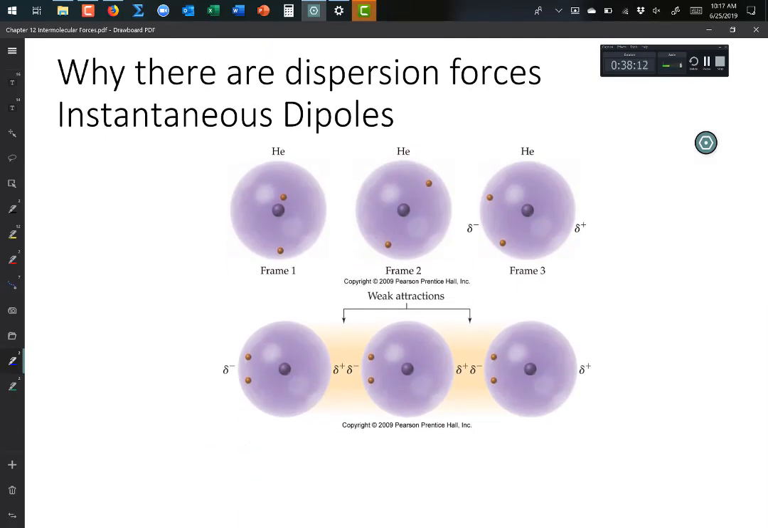So why are there dispersion forces? It's something called the instantaneous dipole. Okay, so let me ask you a question. Helium atoms are charged or neutral? Neutral. Why are they neutral? Because they have 2 protons, helium, and 2 electrons, so they're neutral, right? Now, here's the thing. The electrons are around the nucleus in a cloud. So they're not fixed in place,